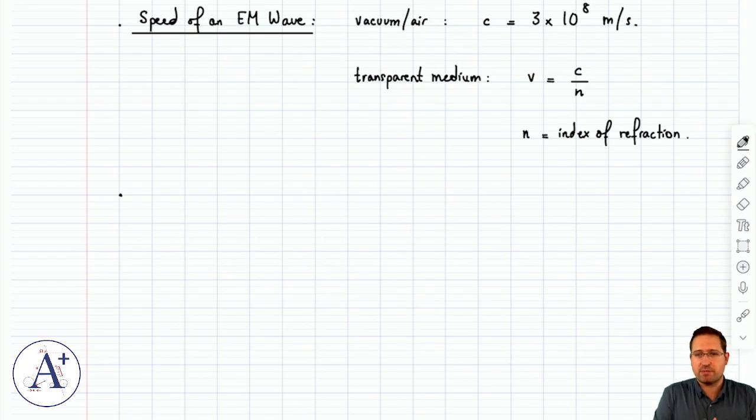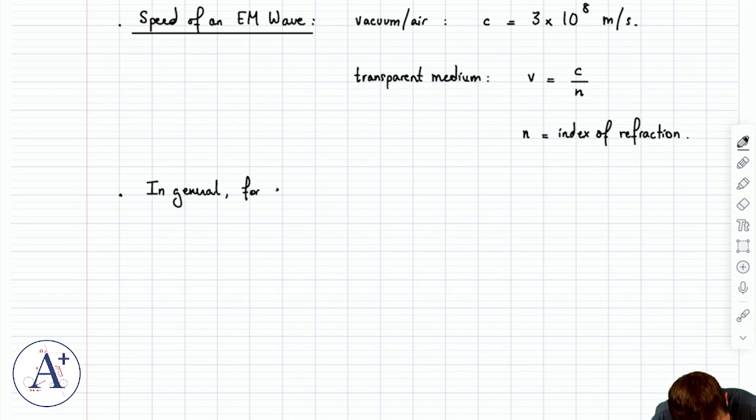If I don't change anything about it, the speed is going to be v. And so, yeah, that's true. If you just want speed, it's either c or c over n. However, there's a relationship between speed, wavelength, period, frequency, omega, and k, and I don't know what to call it. And so I'm going to say instead, in general, for any